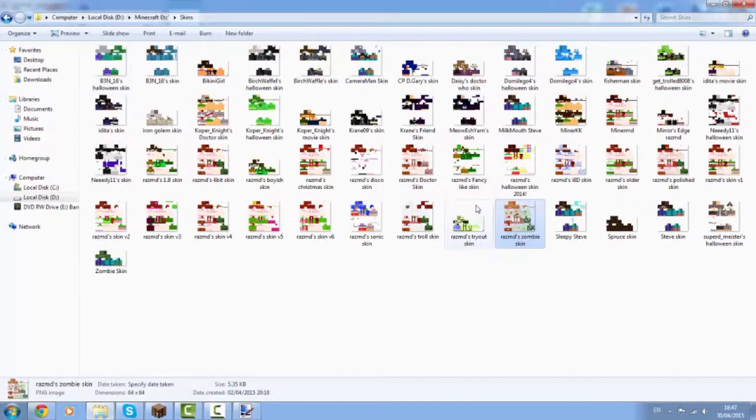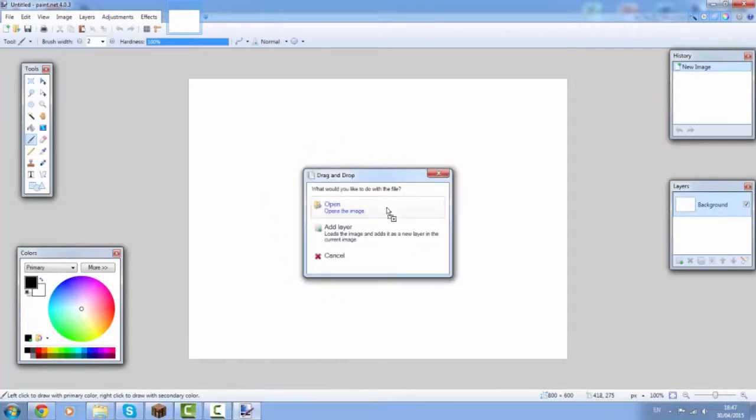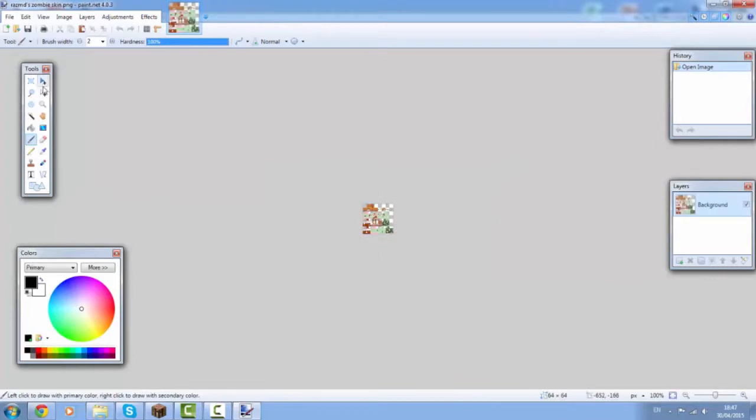I just like changing the hardness of my eraser to this, but it doesn't matter for what we're gonna do today. Now what you want to do is take the file that you want to turn into 4 bits. In your case it's going to be a skin, in my case it's going to be this skin. You drag it over here, wait a bit, and then it pops in here, and then you drag it all over the screen that you are greeted with. Now you just need to let go, and then it asks you if you want to open or add layer. You want to select open, because if you select add layer, it would put it somewhere around here and it would look kind of derpy. So you open it up, and now you have a new file which is your skin.